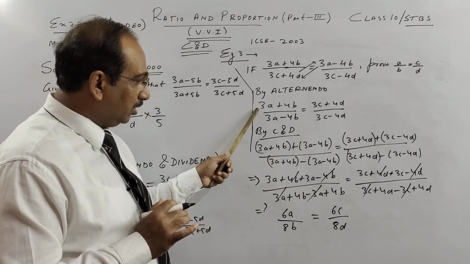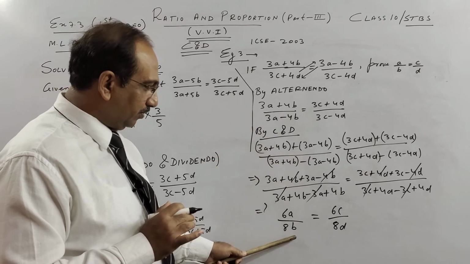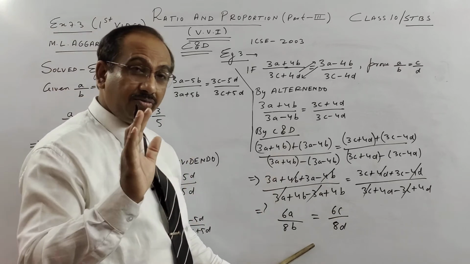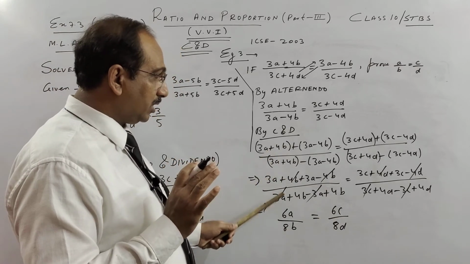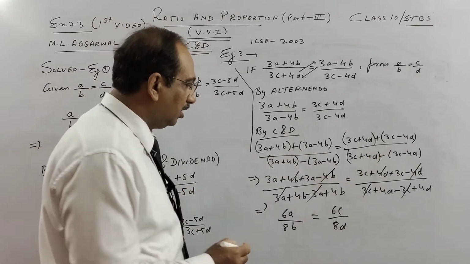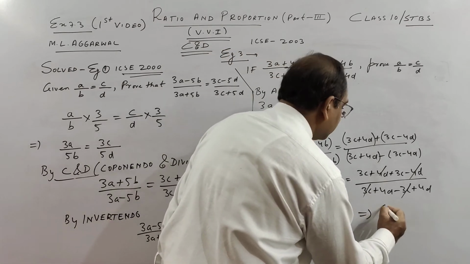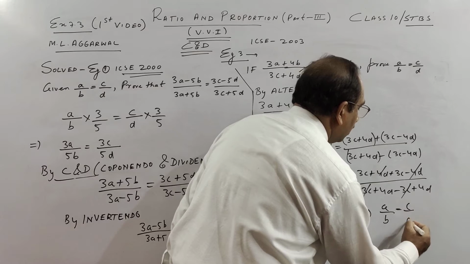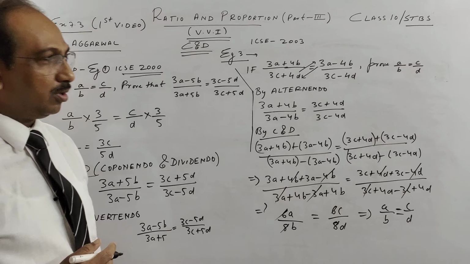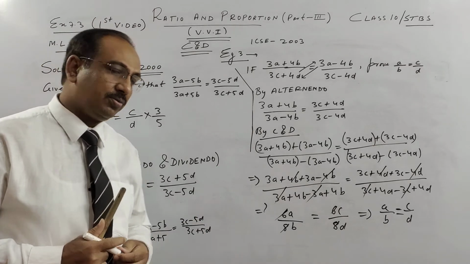So I told you in short, after componendo and dividendo, this is twice the first term by twice the second term. But that is just to verify. You cannot skip these two steps. This carries marks by componendo, this plus this minus this, you will get 1 mark here. So finally this will cancel, children, if you see. So finally what we get? A by B is equal to C by D. Okay, hence we have proved it. So kindly pause the video and copy. Then after this solved example, I'll try to do 2, 3 unsolved questions for you.